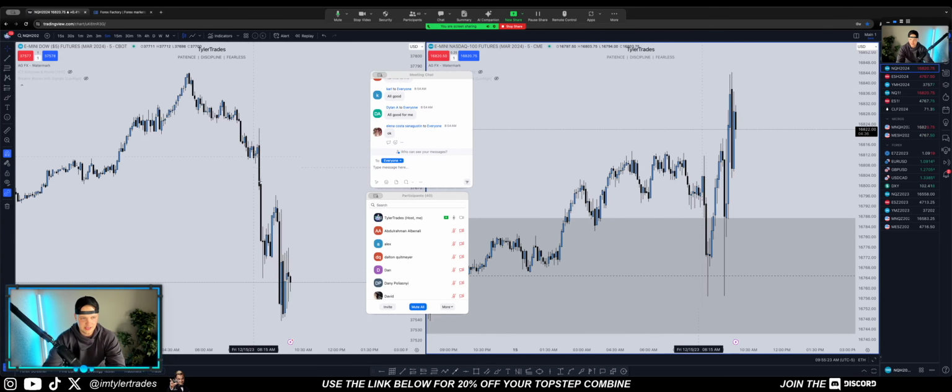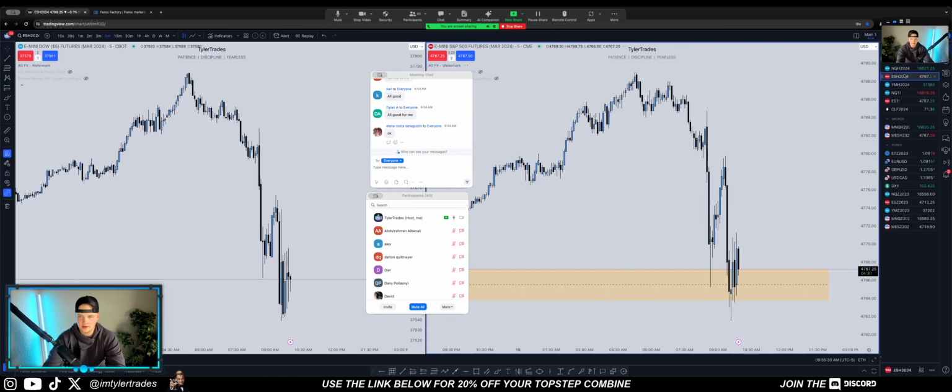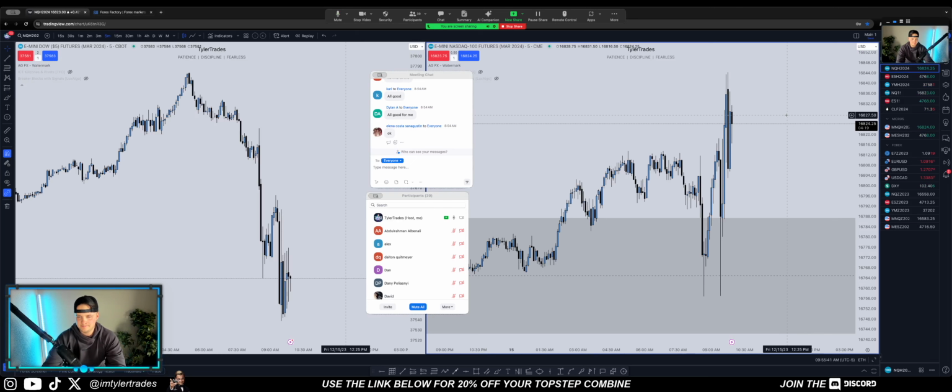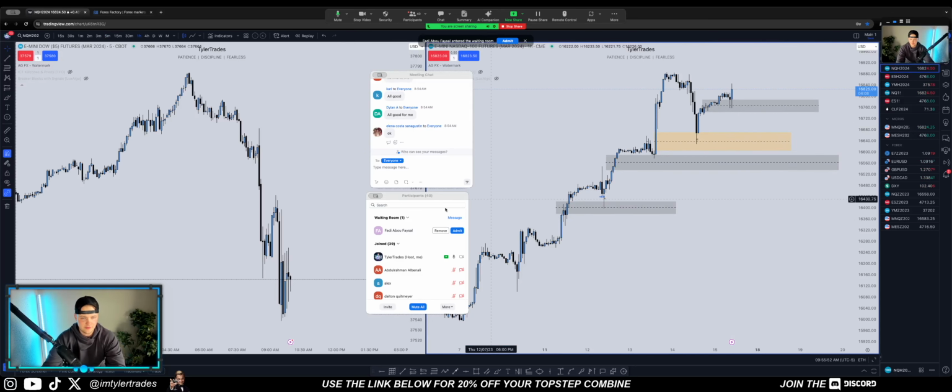So Dow Jones and ES are more so weak, selling off, and NQ's kind of been slowly working higher, right? So here's ES and Dow Jones side by side, and then you have NQ kind of the only one in its own dimension at the moment. So if anything, I was feeling a little bit more bullish going into today, looking at the NQ charts. That would tell me that NQ is definitely stronger than the other two averages.